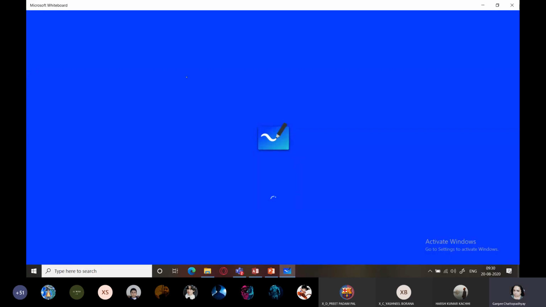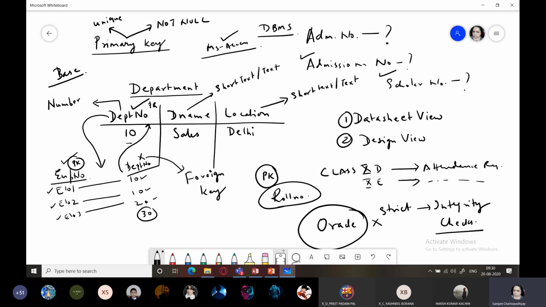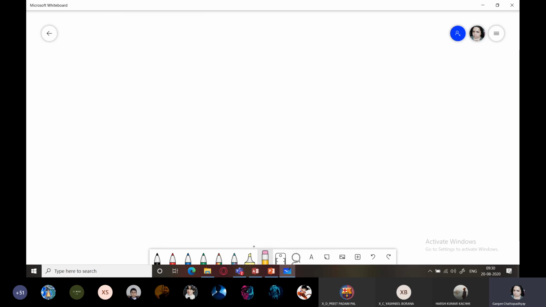We go back to the database, and now I have to create a table which will give me options. I am creating a table called items, and this items table contains item ID, item name, category of item, and price.